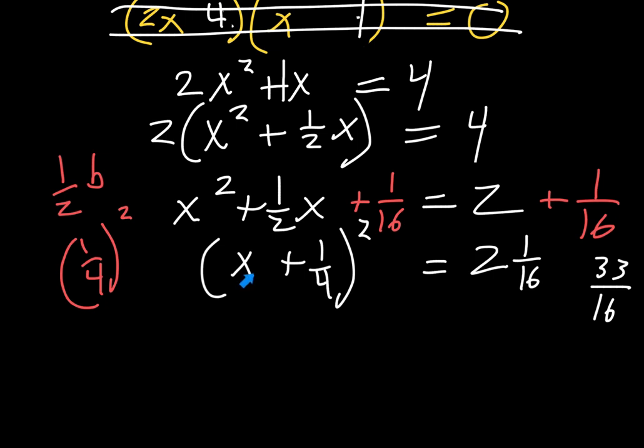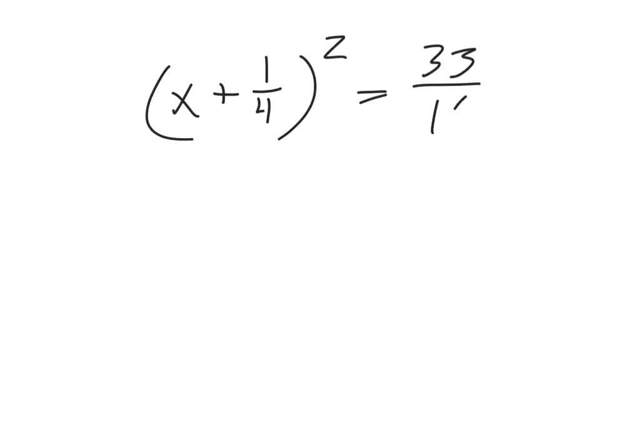Now, to solve for x, I need to get rid of parentheses. How do I get rid of parentheses? Well, what's going on to the parentheses? The parentheses are being squared. So allow me to rewrite this equation on another slide. x plus 1/4 squared equals 33/16. To solve for x, I need to get rid of that squared, so I'm going to square root everything,